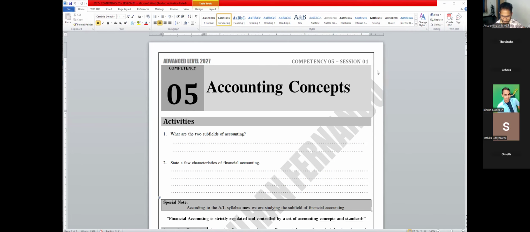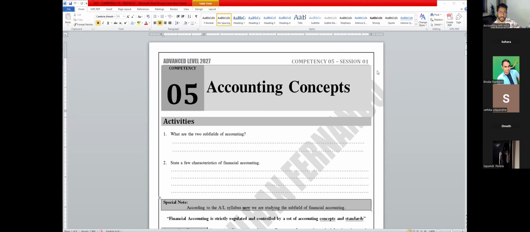Right. Good evening, everyone. We are starting the fifth competency today. I told you that it would happen when I go to the paper marking. Even today, I was busy with paper marking. Puta, let me tell you something. I'm going to the A-level paper marking for a number of reasons. One of the most important reasons is